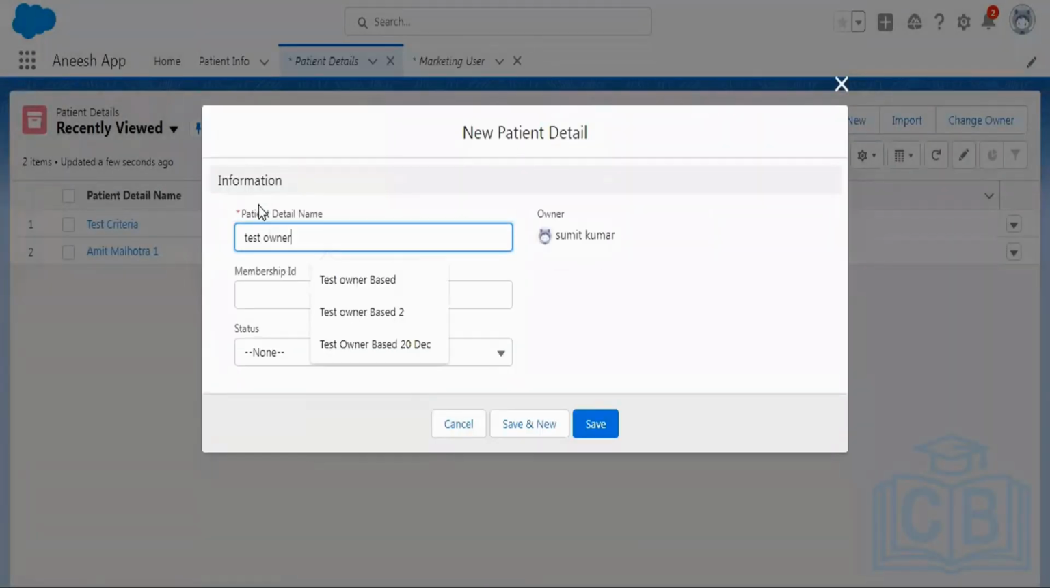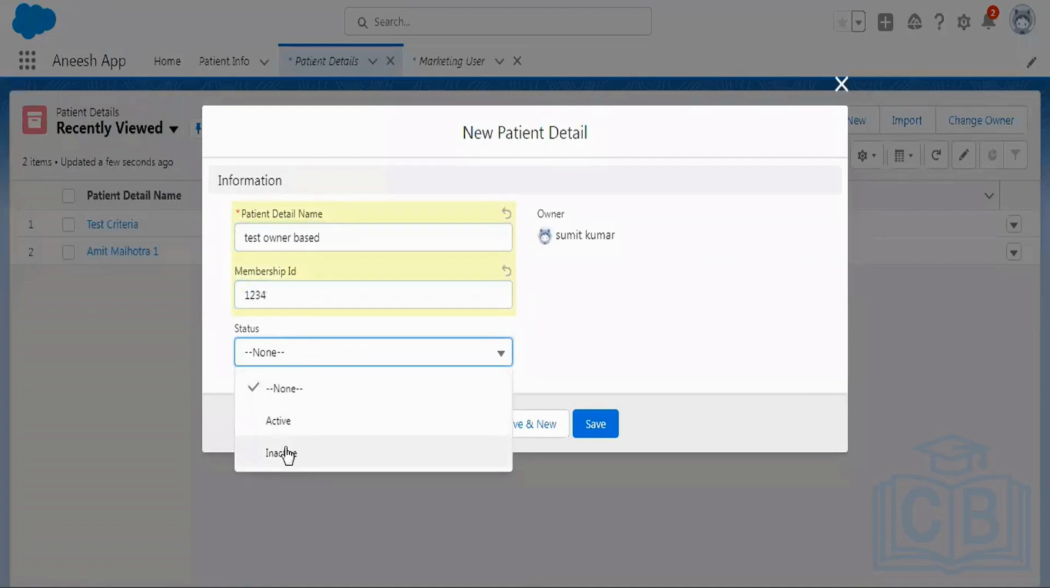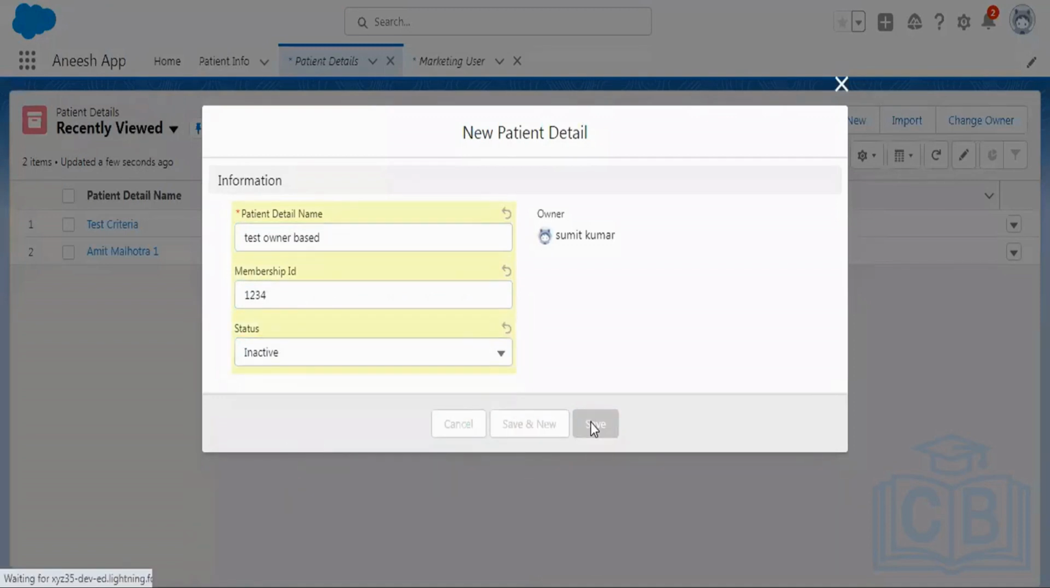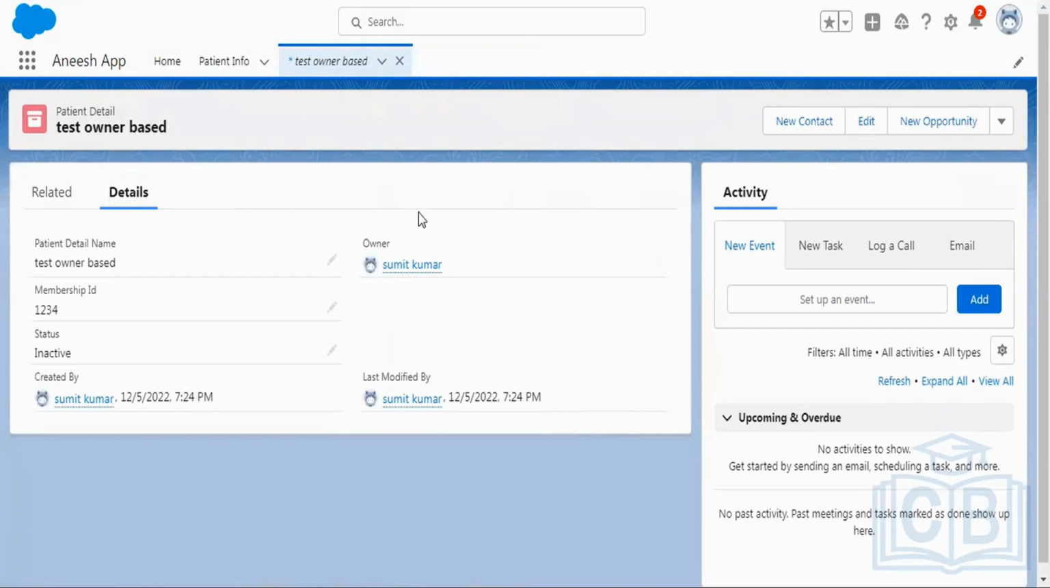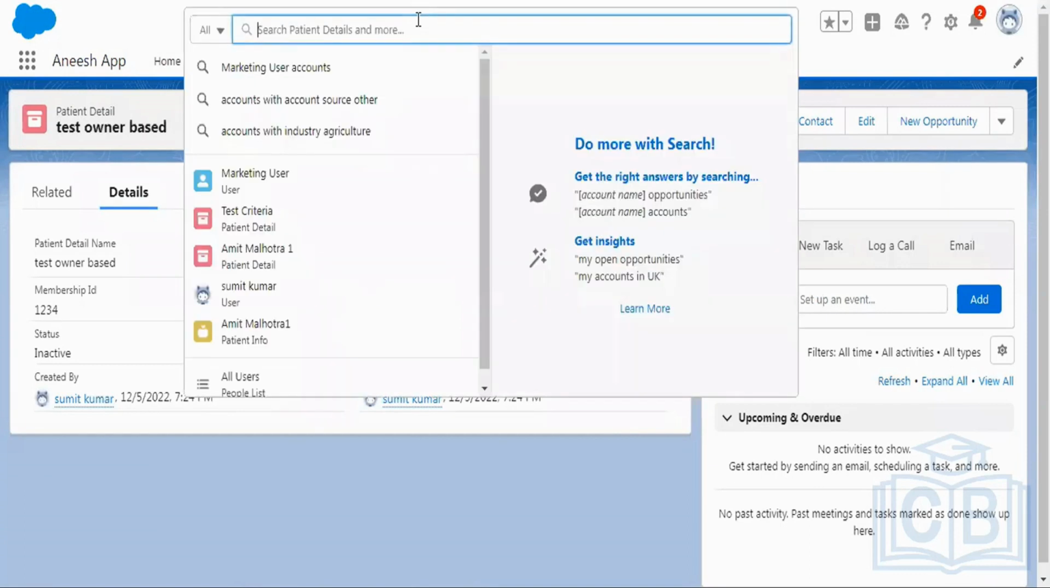Test owner base. Just remember the name of the record, membership ID 1234, status I am giving as inactive. So this record should be shared with the marketing user, right? Right, because the owner is Sumit, and I have created an owner based sharing rule that should share this record with the marketing user. So search for marketing